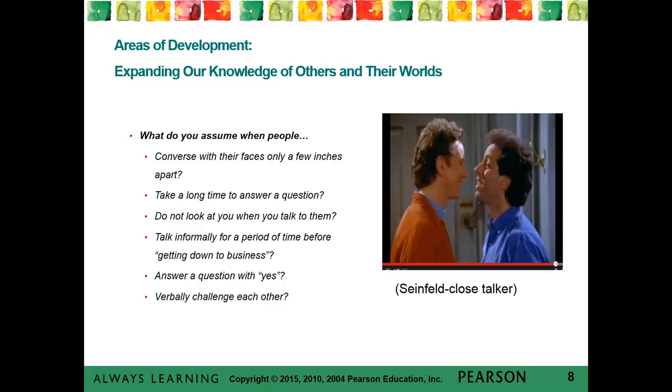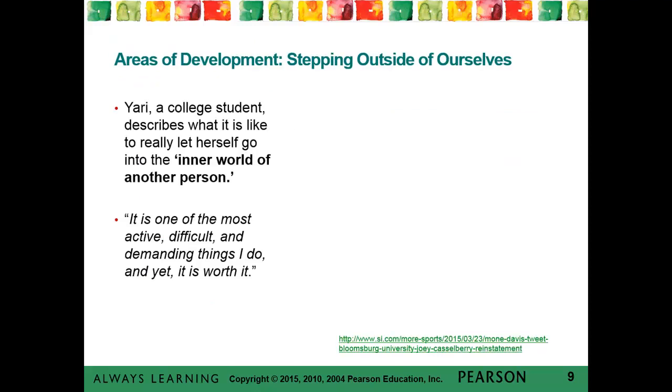Do we not answer a question with a yes when some people may do that? And what does that mean? Some people are just saying yes because they want to be agreeable. It may not mean that they understand, which is a kind of cultural normativity in the United States. When people say yes, we assume that they understand, but for some cultures that just means that they're engaged. It doesn't mean that they may comprehend what you're saying. So we need to be aware of these issues.